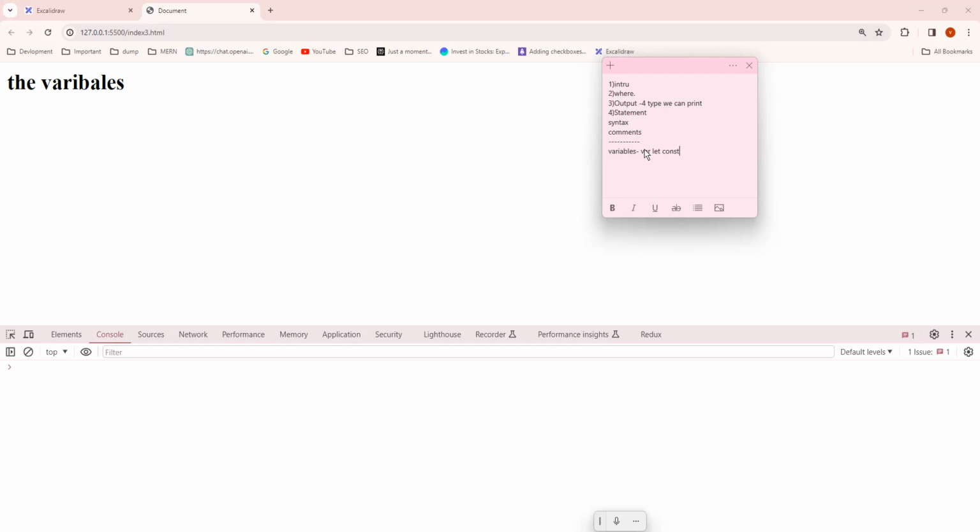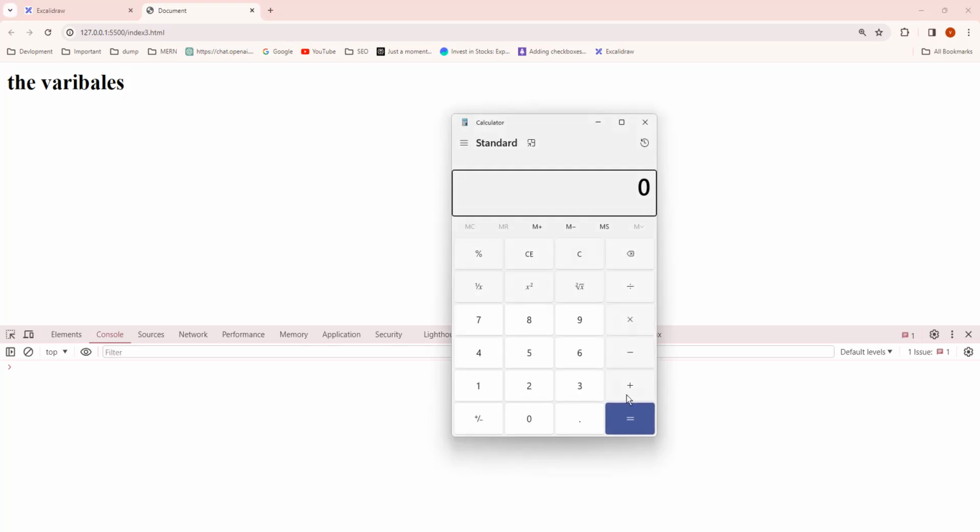Okay. Now we are going with the arithmetic. JS arithmetic. The next topic is JS arithmetic. So what is JS arithmetic? We already know the calculator functionality. Here plus means addition, equals to means display the value, minus means subtraction,